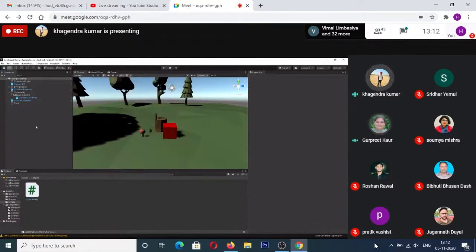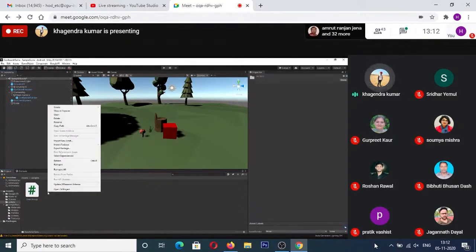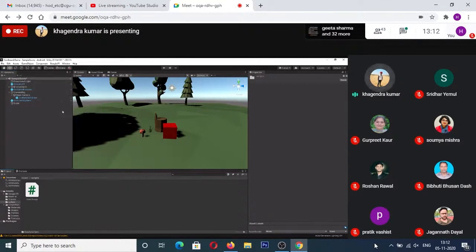Yes. If you don't have any text editor and you want to use Notepad, you can right click over here and click on Show in Explorer. This will open up the Windows panel wherever your script folder is, and there is a script file. You open that in Notepad and you can follow along and write the script in Notepad or Notepad++. I will be using Visual Studio as it gives me a better view of the code I'm writing, but you can follow in Notepad++ as well.